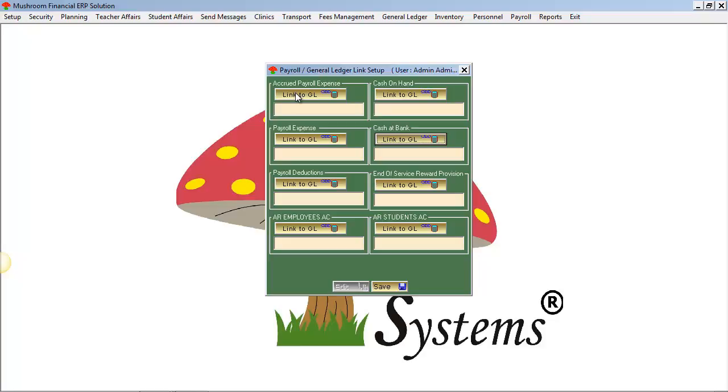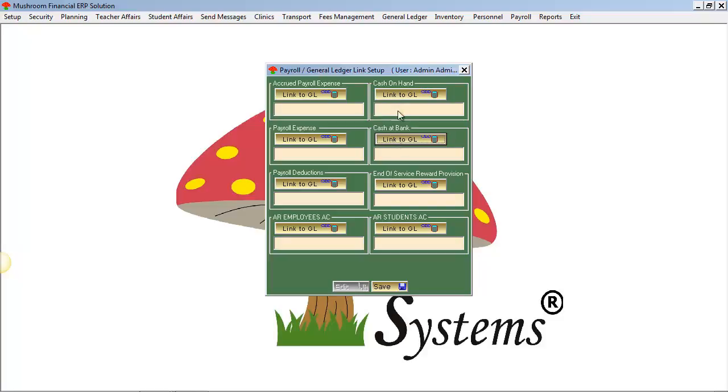Because exactly before the end of the month, you are supposed to prepare the payroll. Once you do that, you are going to accrue it, because you usually do not start processing the payroll after the month has finished, otherwise the salaries will be too much delayed. So as a standard rule of accounting, you are going to have a general ledger account which refers to the accrued payroll expense. Similarly, you will be having an account for cash on hand, from which you will be